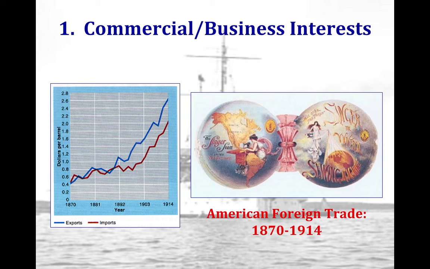So they have this growing quantity of not just industrial, but also agricultural products that they want to sell abroad. There's also, in general, a hope among conservatives that imperialism is going to serve as an economic safety valve. After the Panic of 1893, there was a huge concern about the future of the economy. So because of that, many conservatives in government feel like investing abroad is yet another way that they can hopefully prevent such economic problems from continuing in the future. If they have more markets to buy the products, then if there is an economic downturn specifically within the US, at least they're going to have other countries that are going to continue to bring in revenue.